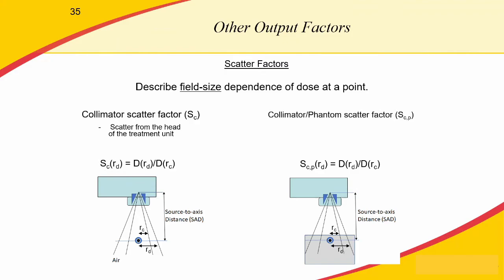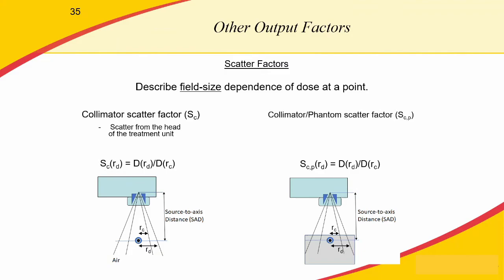These are typically broken up into one or two different scatter factors. One of them is how the scatter off of the collimator that's used to define the field size affects our dose at a given point. So if you change the field size, we've changed the amount of scatter off of the collimator that gets to the point where we're measuring dose. And so we calculate a ratio factor of the dose for the field size we're using for treatment divided by the dose recorded for the field size we use for